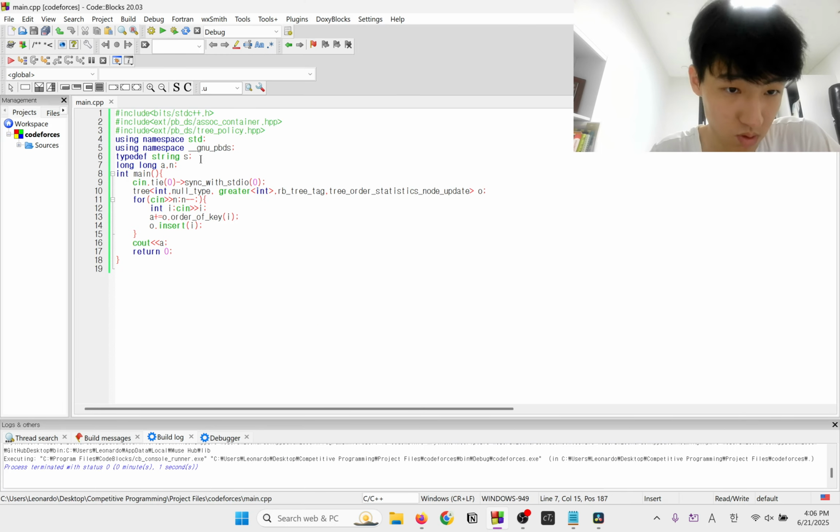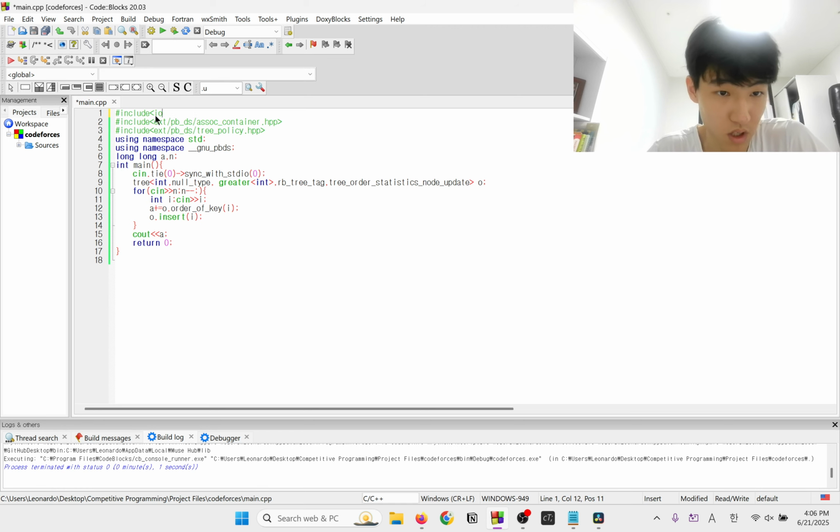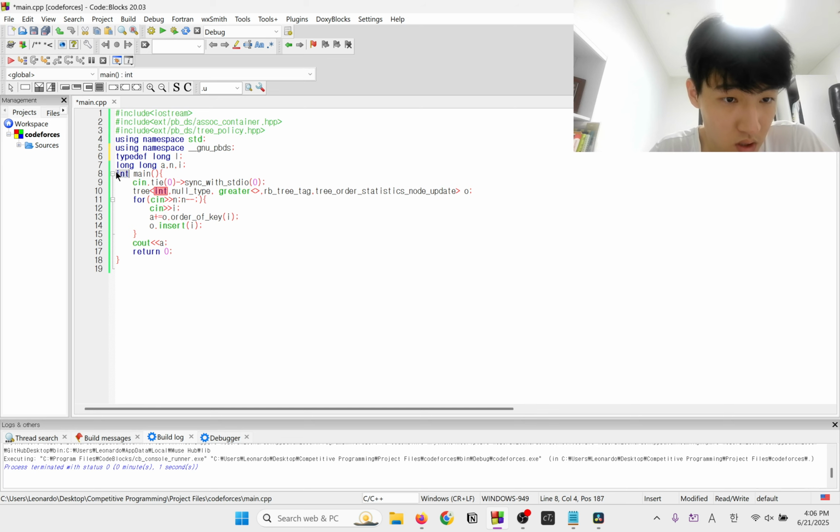And if we want to shortcode this, we can just get rid of that. You can just change this to IOStream. Can we do like that?